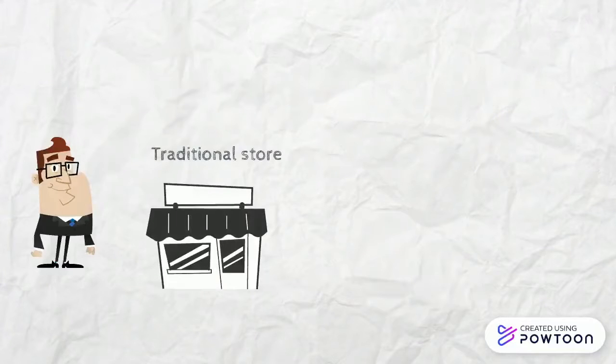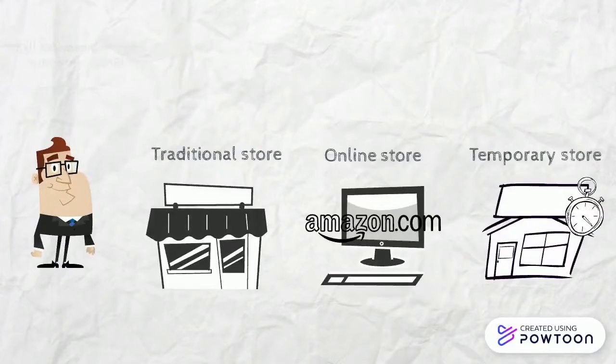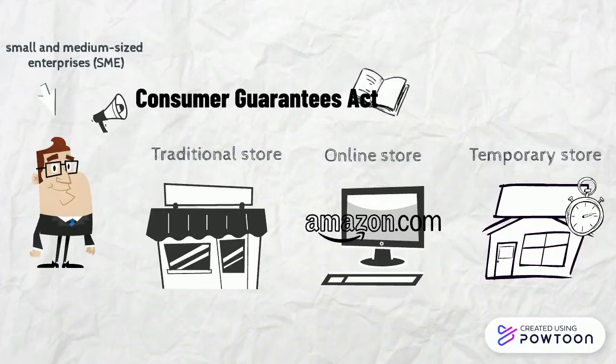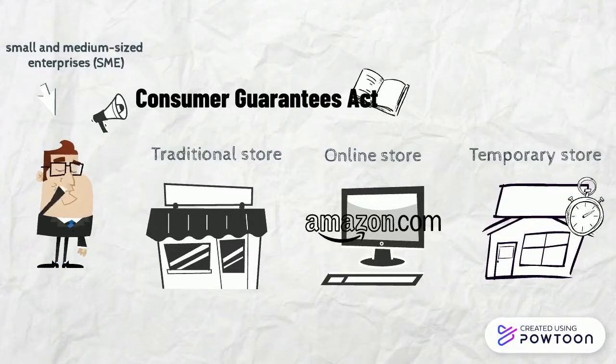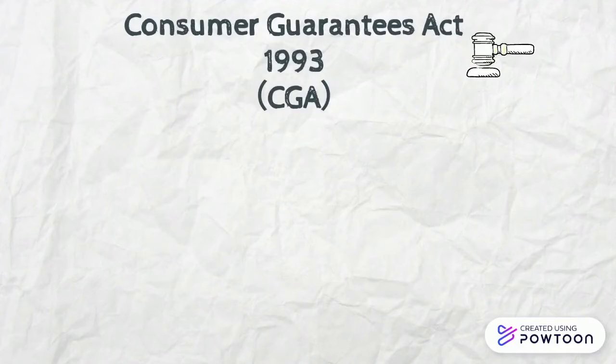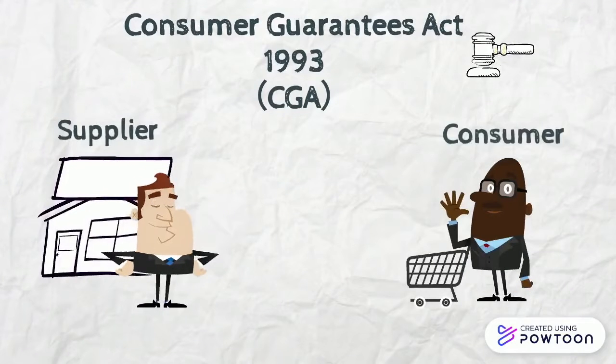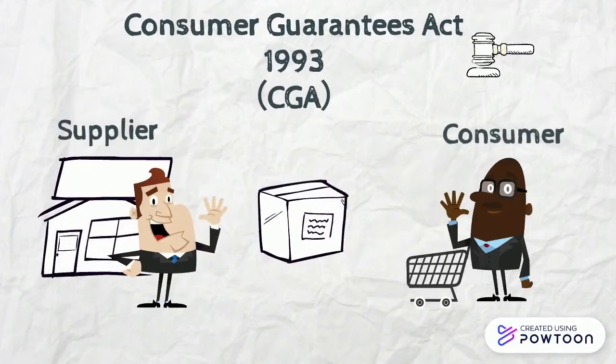Do you run a traditional store, online store, or temporary store like pop-up shops? If you do, this video, which is going to introduce the Consumer Guarantees Act to small and medium-sized enterprises, will help you a lot. Consumer Guarantees Act 1993, aka CGA, is an act that applies to both suppliers and consumers. It sets the product standards to make sure you are providing goods and services with high quality to your consumer